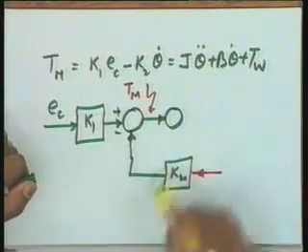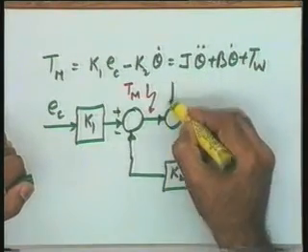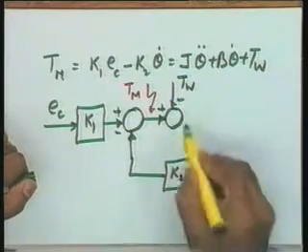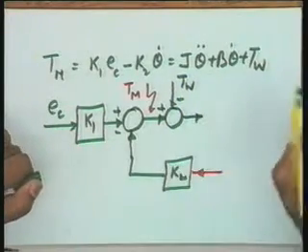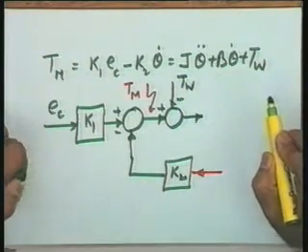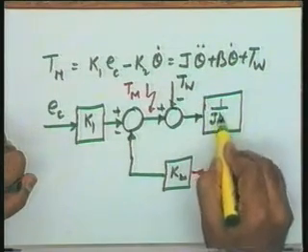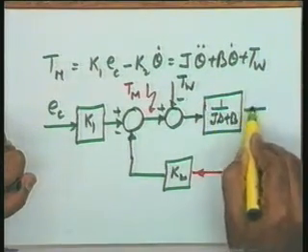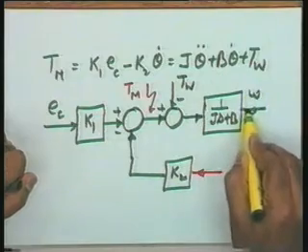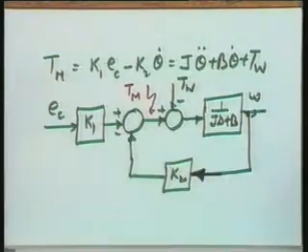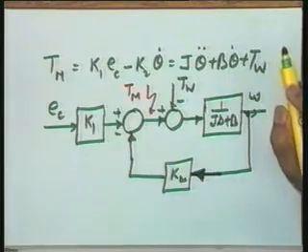I can now take up the disturbance torque here. This is plus, this is minus, this is Tw. So that now this is the net torque available to drive the load. And the load is given by 1 over Js plus B. So this gives me omega. Please see now, from here I pick up omega and it is the feedback loop. Inherent feedback loop in the system.